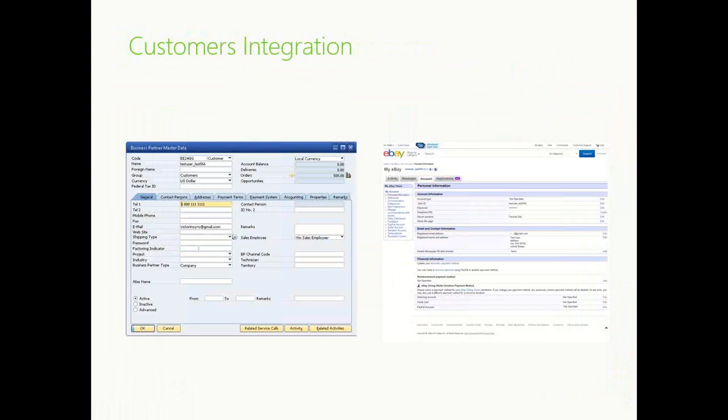eBay has 1 million users registered, and as this is a marketplace, no separate store is available for different merchants. So following the basic rules, when a registered user purchases an item in eBay, the user details with their primary addresses and shipping addresses will be synced back to SAP Business One Business Partner Master Data. If user addresses or other contact information are updated in the next purchase, those updates will also sync back to